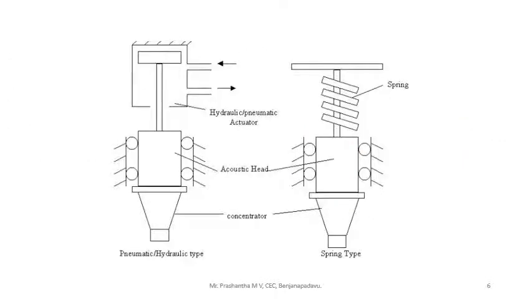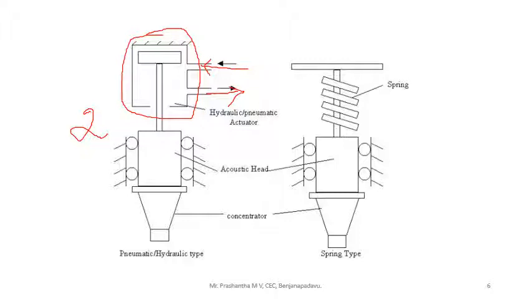See here, this is the second one, hydraulic or pneumatic type tool feed mechanism. See here what will happen. First thing is here the system, pneumatic or what we call hydraulic case. Look at the diagram. There is some cylinder like structure here, cylinder and piston like structure. Here one valve is used for inlet and another valve is utilized for outlet, and the piston is connected to this acoustic head, and this is next towards the tool.